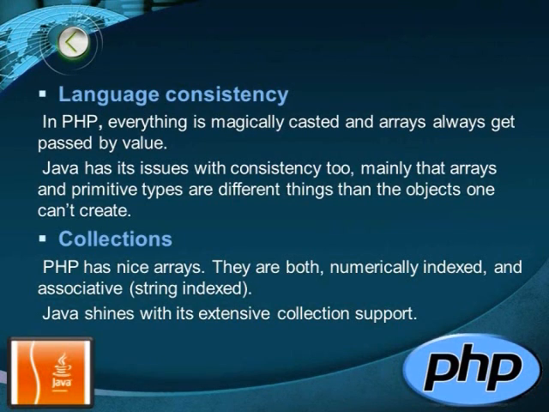Java shines with its extensive collection support. It is completely object-oriented, yet simple to use and direct to the point. Once you get used to it, it is a very productive API to use. All objects can be used as keys and can be placed in efficient hash-backed sets. It is also easy to extend the API and to create new kinds of maps, lists,